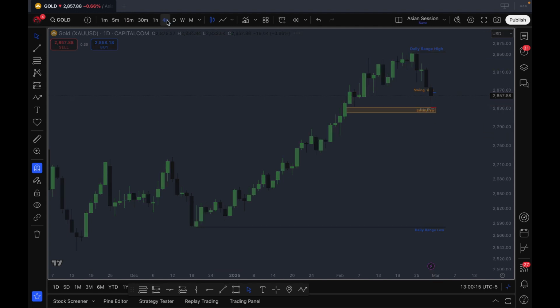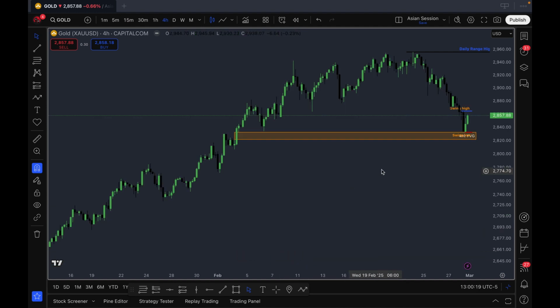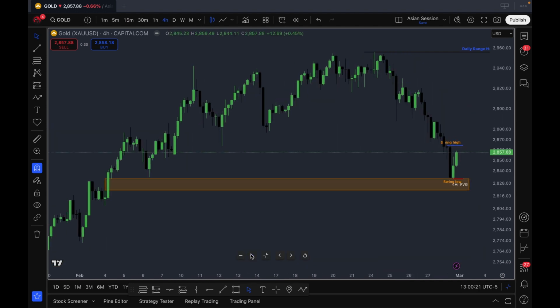Let's see what's going on. See, on the 4-hour time frame, gold hit a very key level for me, this fair value gap right here. It hit this fair value gap and it didn't really trade into it. It just tagged the top, and that was it. Now what I want to see is